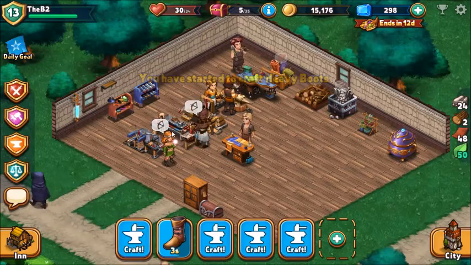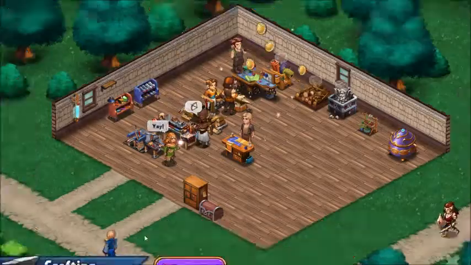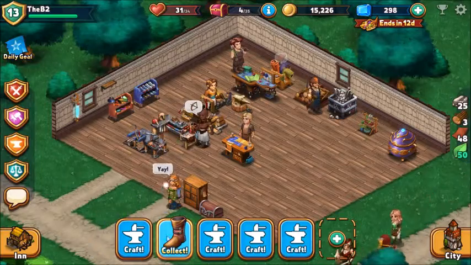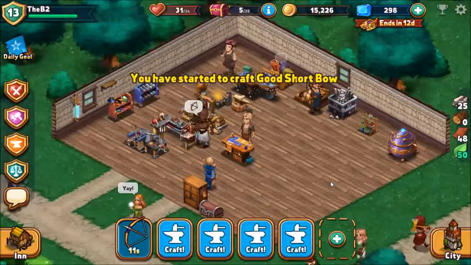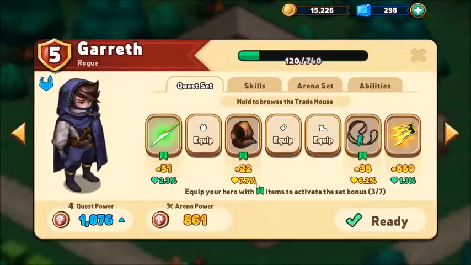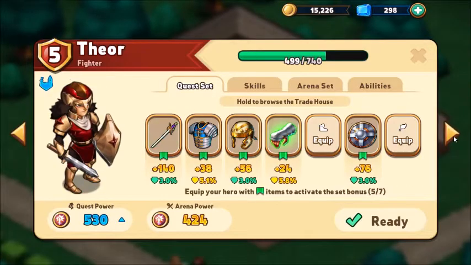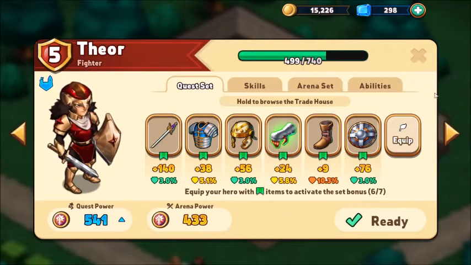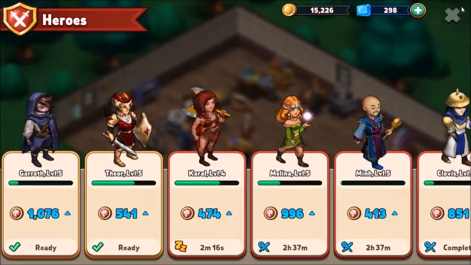My guys are going to need some boot upgrades, so that works out perfectly. And then let's get another bow going. Nope. We need some. Good. So if I go into my heroes and look at boots, I can't do him. It's going to be, yeah, this guy right here. We can throw some heavy boots on him, power him up just a little bit more. It's only a +9, but we're going to have to make a few of these boots in order to...